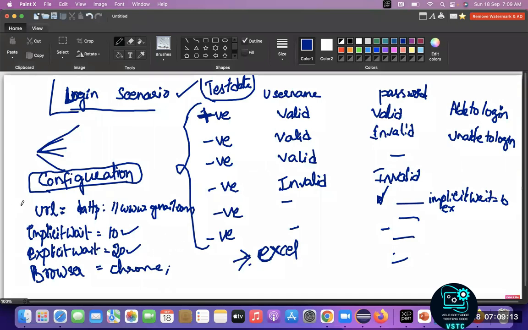For now, if you want to control the common things, you can specify it in your configuration file. Suppose you want to run all your test cases in the Chrome browser. There is no need to specify in all the places that it should launch the Chrome browser. Whatever code you have to launch Chrome, you need to write. If you want to change it to Firefox,